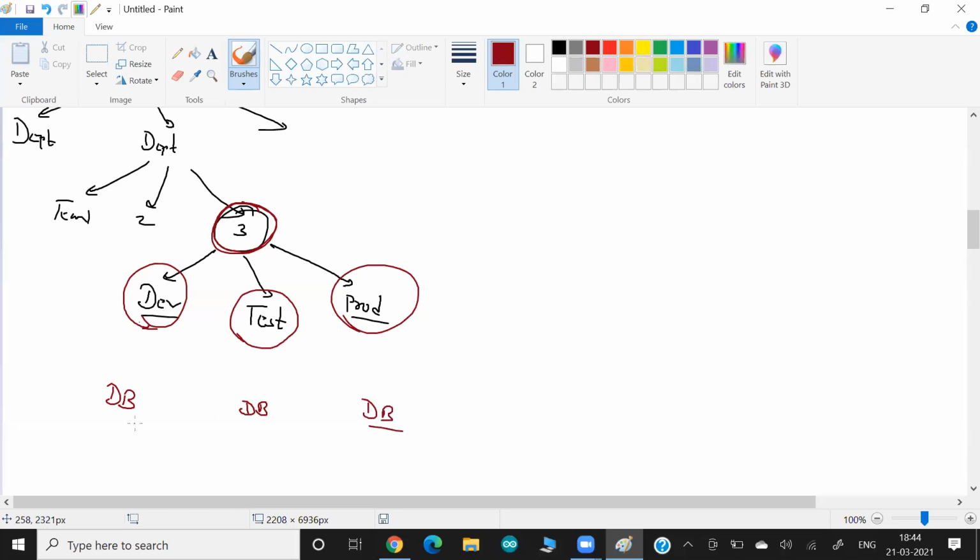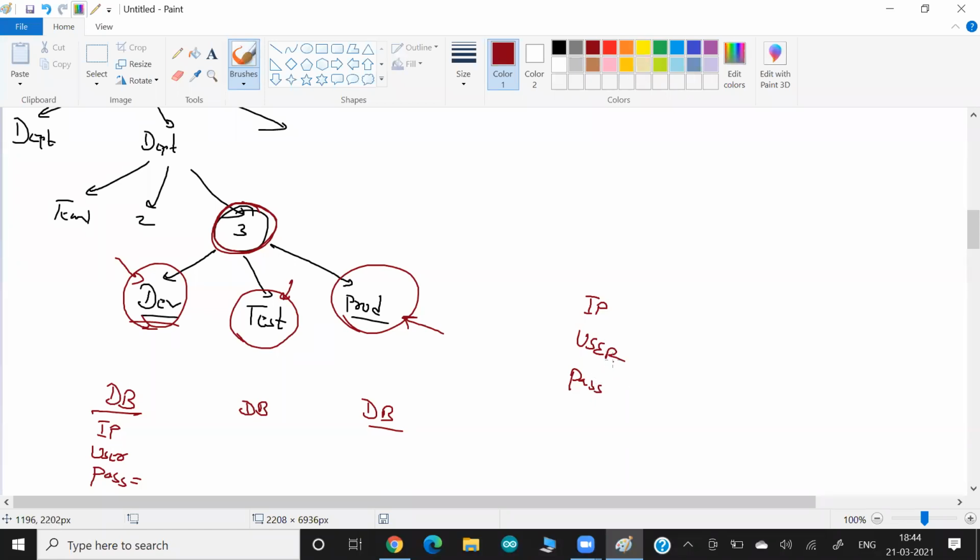Because they are different databases, obviously the IP of the database is different, the username should be different, and the password is a very critical thing. Obviously whatever password we have in production is critical for us. I don't want to share the same password with my testing people or my developers, so their passwords would obviously be different. Finally, how many IPs do we have to manage, how many usernames, how many passwords, and we have to manage them